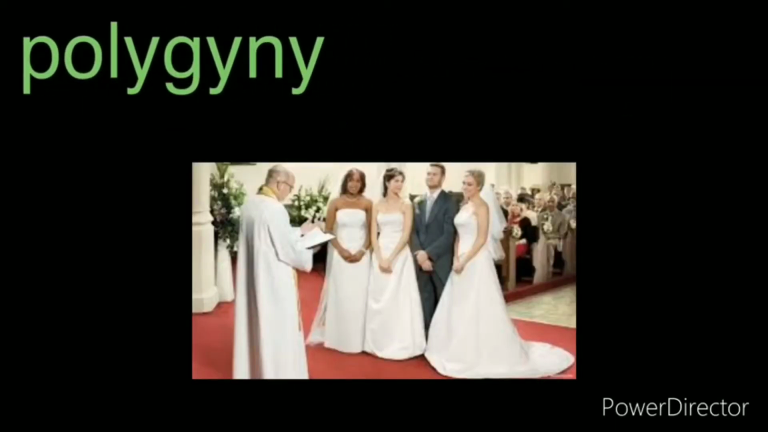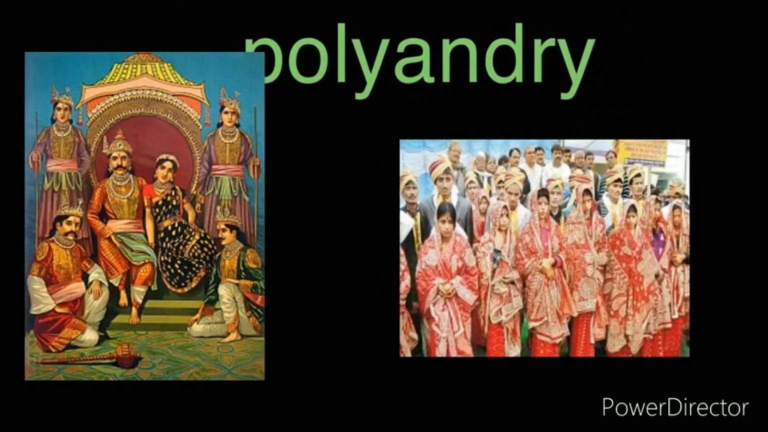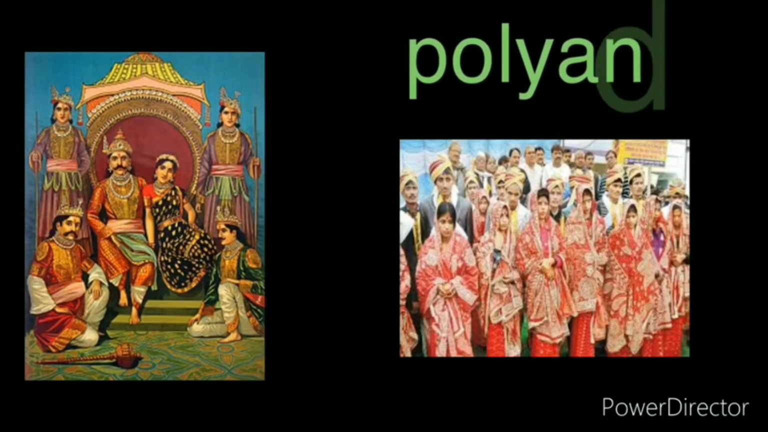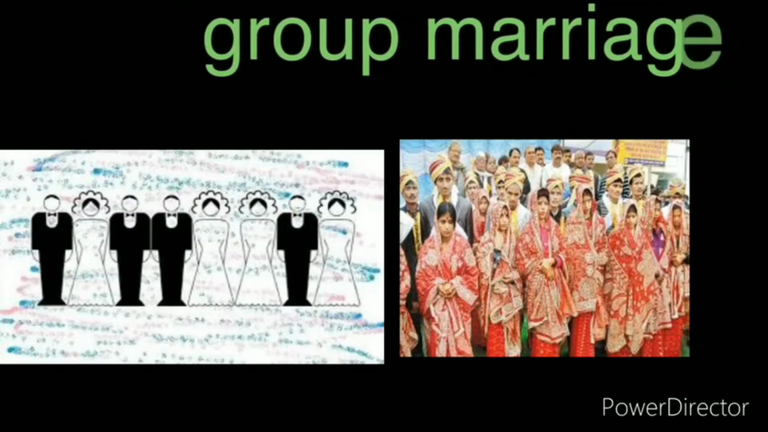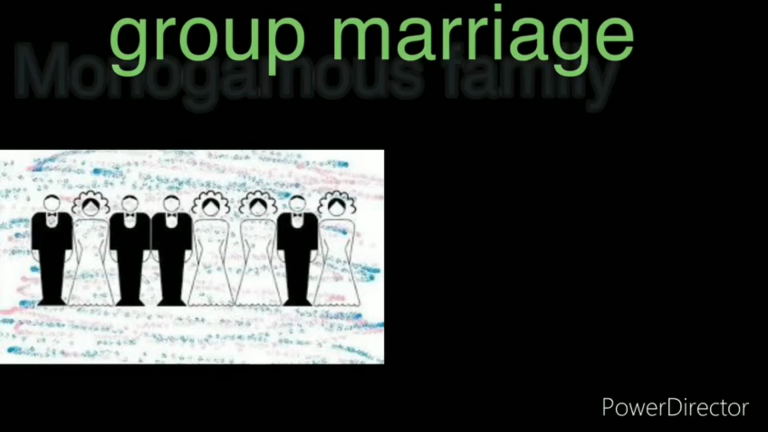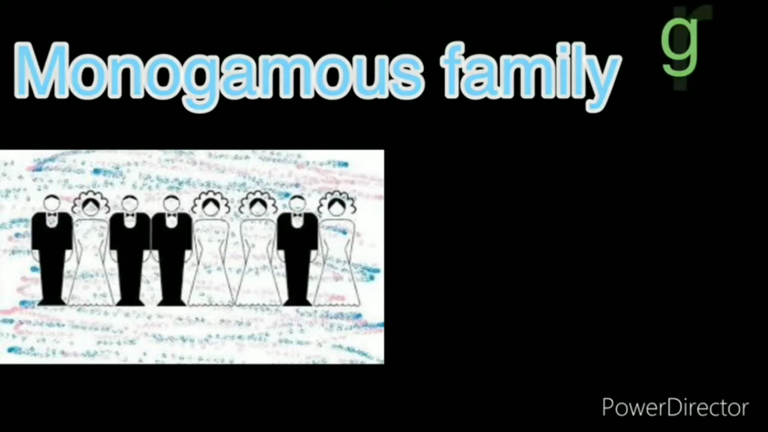In polygyny, a man is married to more than one wife. Polyandry is when a woman is married to more than one husband. And group marriage is a bit of a free for all, with the family unit consisting of a mismatch of spouses from the boxes. When we talk about monogamous family,